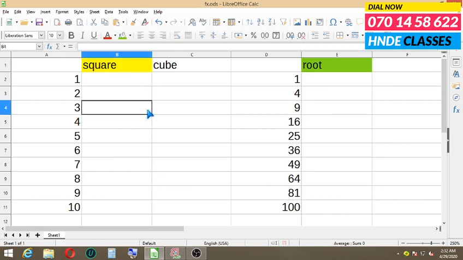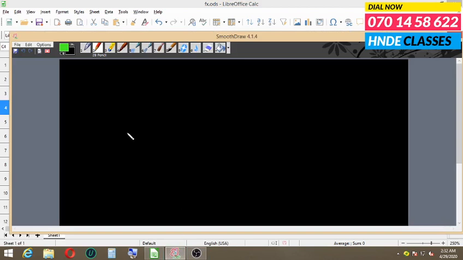Before jumping on to the technical side of the video, I will explain the math behind this video, as to what is a square, what is a cube, what is a root. So what is the meaning of this expression? The meaning of this expression is 1 repeatedly multiplied by itself once.